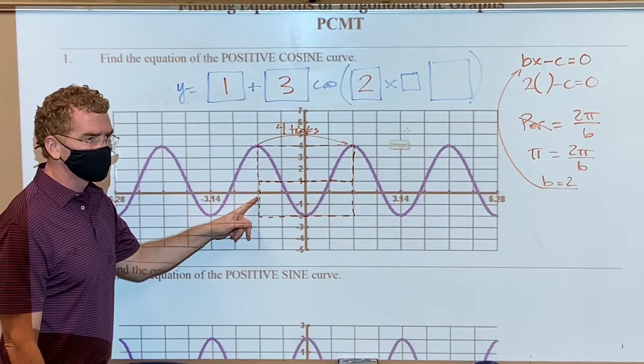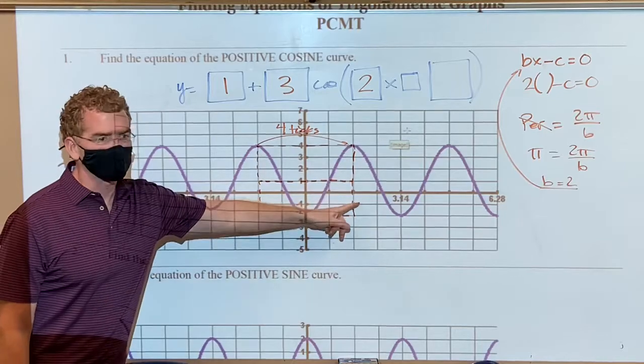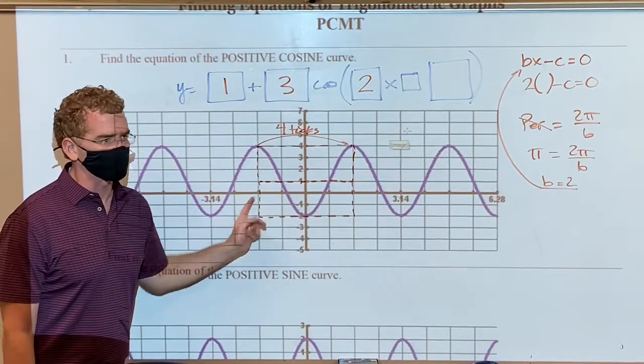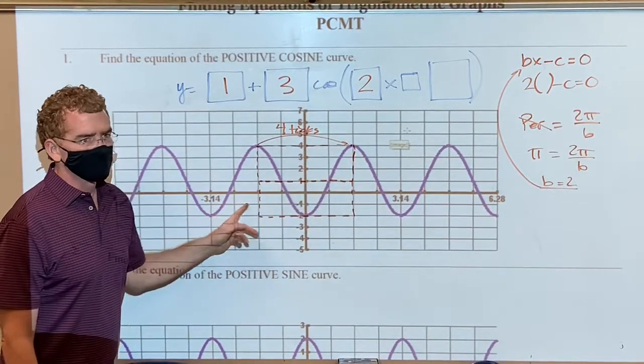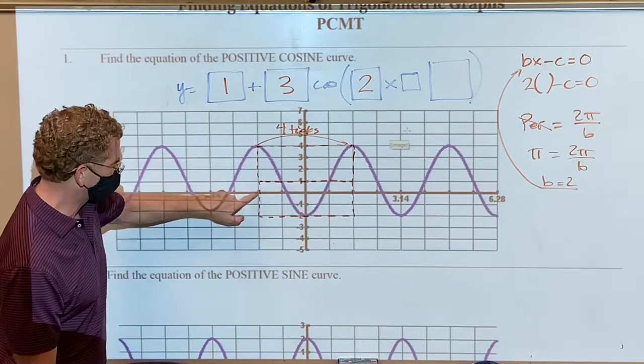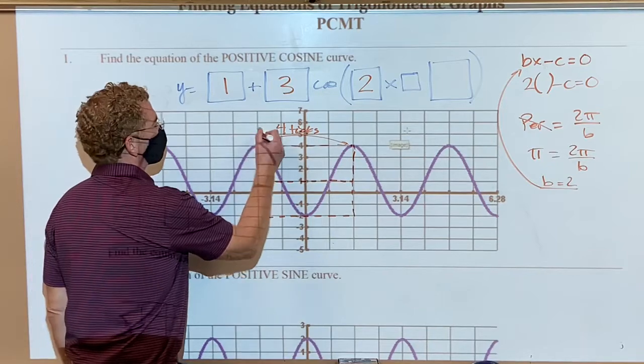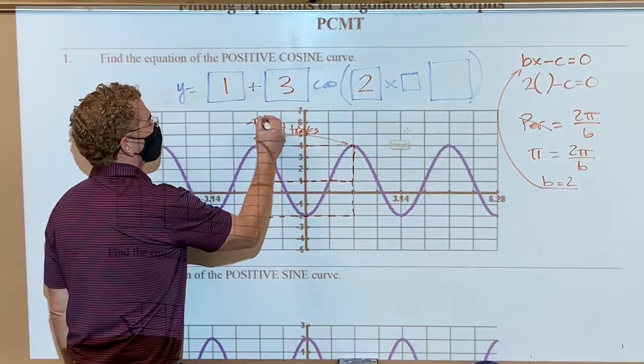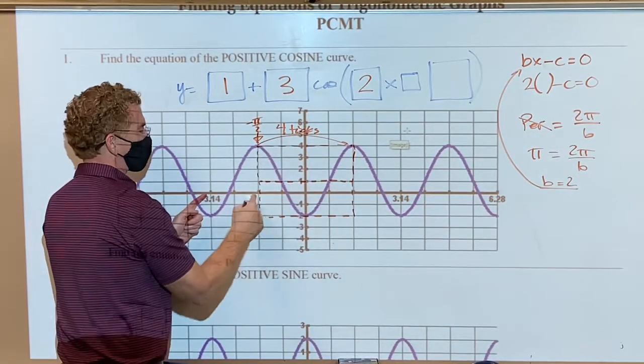Negative pi over 2. You could use positive pi over 2. I'm not going to give you one where if your signs are wrong, you'd be right either way. But this one, yeah, if you put positive pi over 2 or negative pi over 2, you'd be fine. But let's just say I use that. If I call that my phase shift, and that is at negative half of a pi,